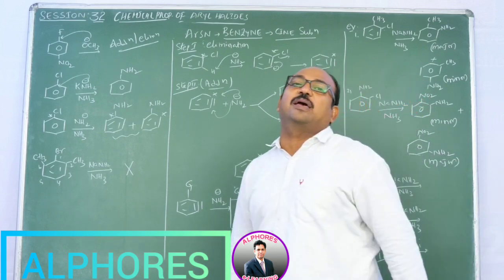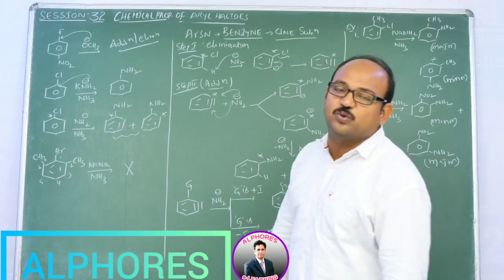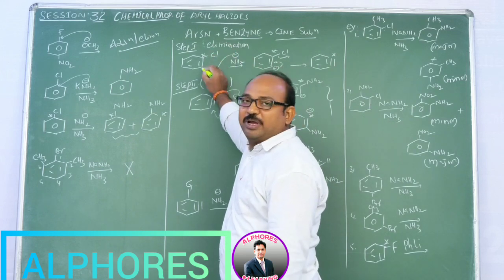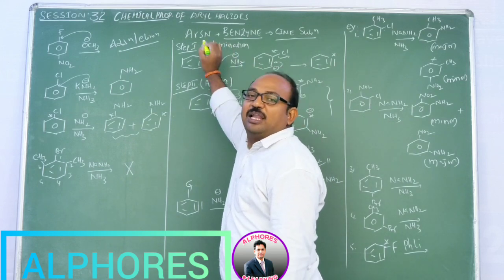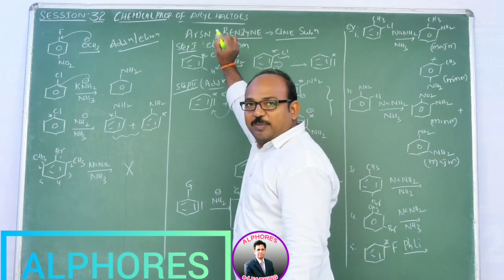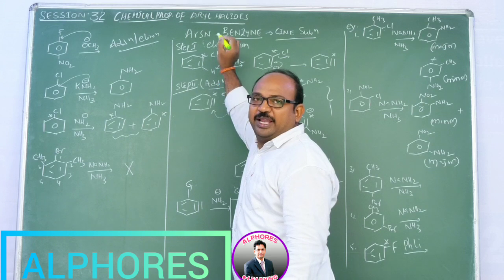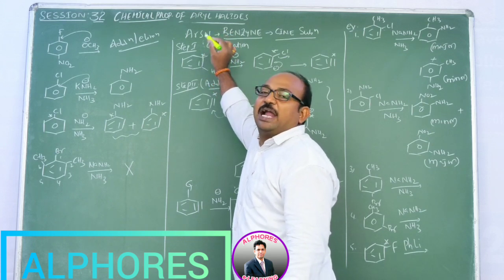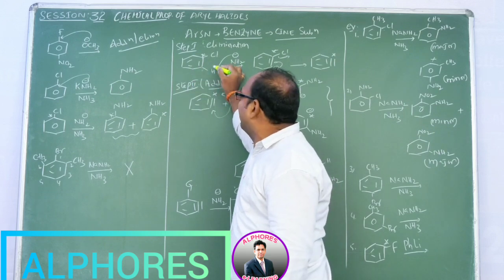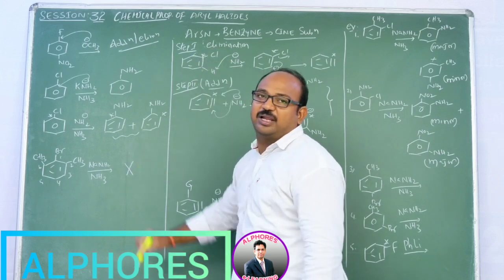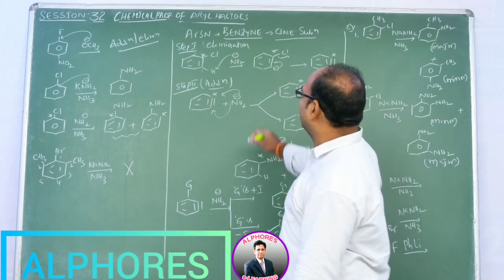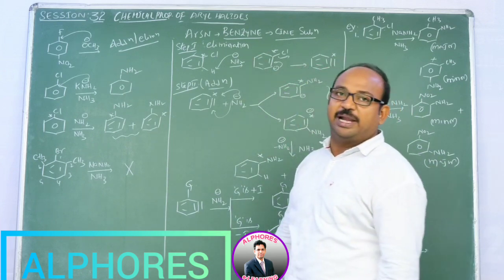It prefers to abstract a proton. From where is it going to abstract the proton? It abstracts a proton from the carbon which is adjacent to the leaving group containing carbon. The leaving group is Cl, the leaving group containing carbon is the C14 isotope, and adjacent carbon means either this hydrogen or this carbon containing hydrogen. Either of these two hydrogens is going to be abstracted by NH2 minus, right?